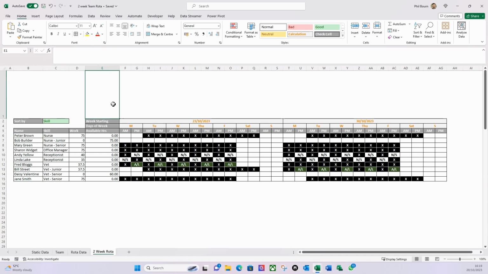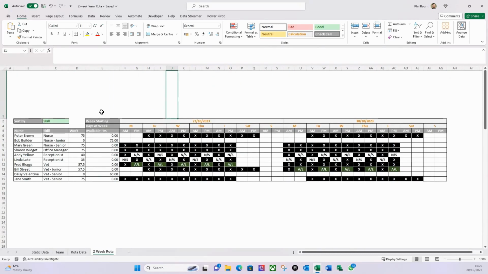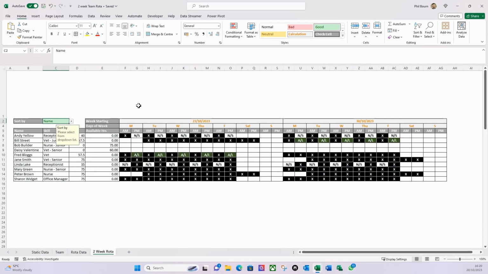So I want some things to appear in here. So I want to know what the week starting date is. So I'm going to use some dynamic pictures. I also want to know what the key is as well. So I want a key, so I know what these are, and I also want to know what my start date is, and I also want the ability, instead of having to go in here and change the date each time, to be able to change it and interact with it here as well, but not necessarily have it printable. So what I'm going to do is I'm going to set this back to name,